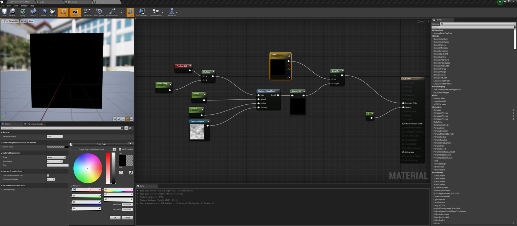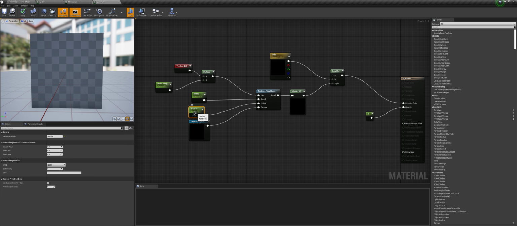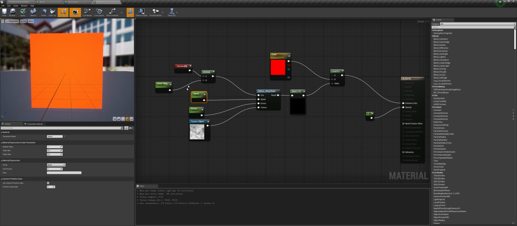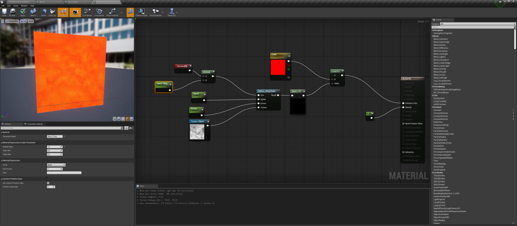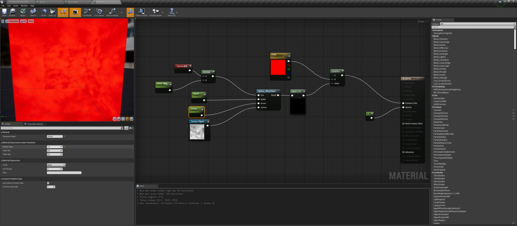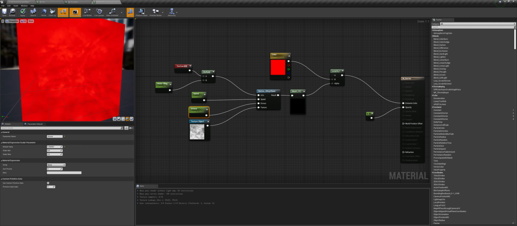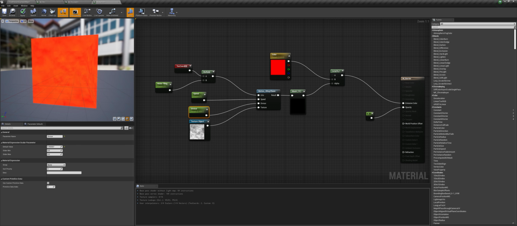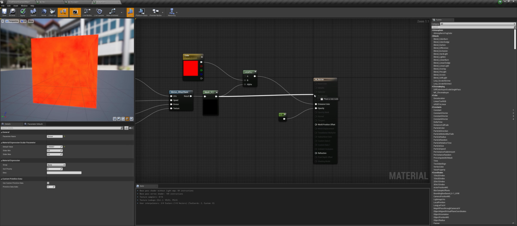And if I change this to like red, then I change the divisor to 1 and I can change the speed to 1 and I can change the noise styling to 1. So now you can see that there is something moving around. I can reduce the value of the divisor like this. So you can clearly see it. I hope you can see it. So if I just connect this to the opacity